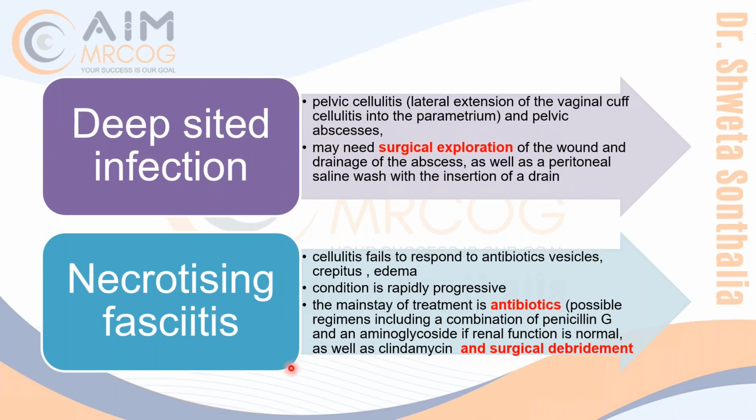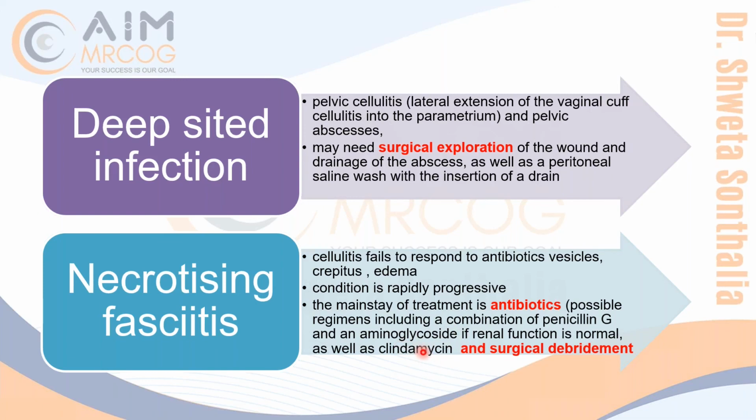And in this situation, it's clearly given in RCOG that you have to take a plastic surgeon's opinion. So you will always give a plastic surgery referral if you are suspecting necrotizing fasciitis, because it could be really bad, and sometimes there will be deficiency of skin and all that. So you have to involve the plastic surgery team. What antibiotic will you give? Again, penicillin. Then one aminoglycoside if renal function is normal. So penicillin, Genta, and Clinda.